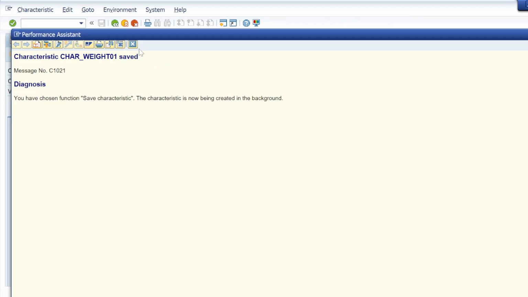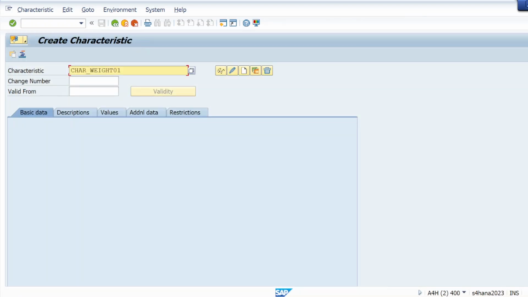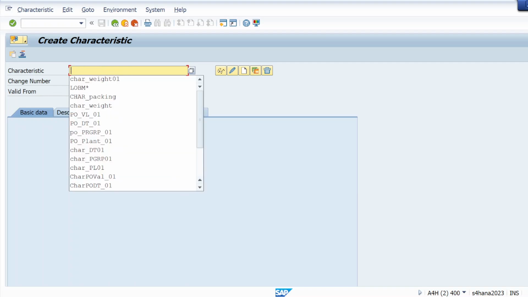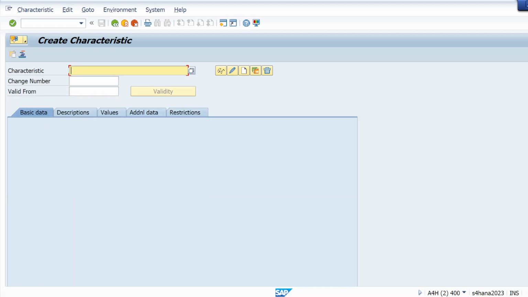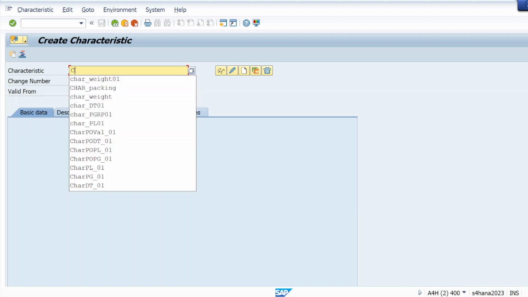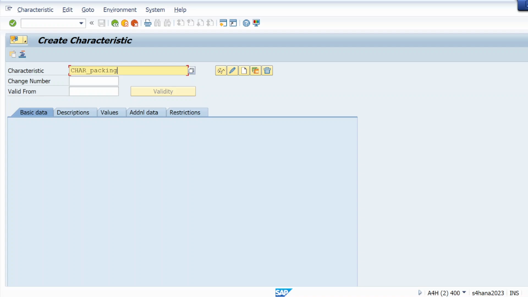Same I will create for weight also. If you remember, we created characteristics for release strategy for PO and PR in the same way. So let me create for packing also.